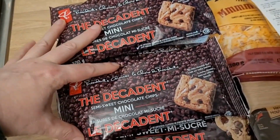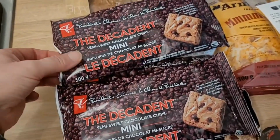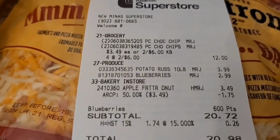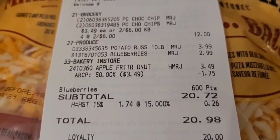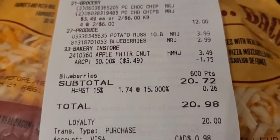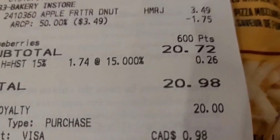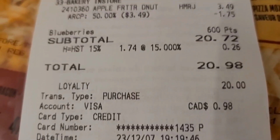So here's $12 here towards the redemption that I did, the $20 redemption. And I got blueberries. So there's a few other things, but that was on a different receipt. These ones were total $20.72 plus tax, worked out to $20.98. You can see I actually gained 600 points for buying those blueberries, which were $2.99. And then down here, loyalty, I redeemed $20 worth of points. So I ended up paying Canadian